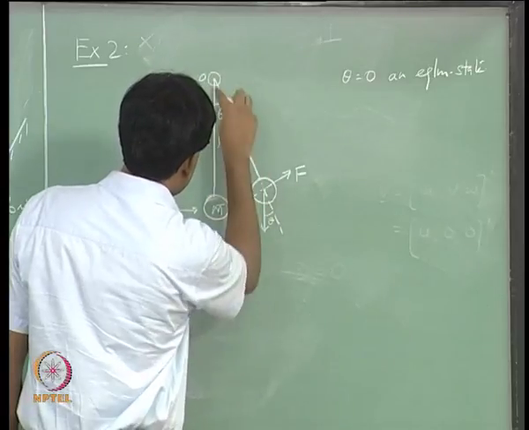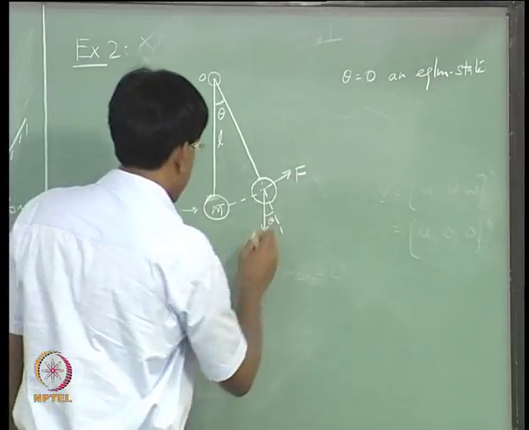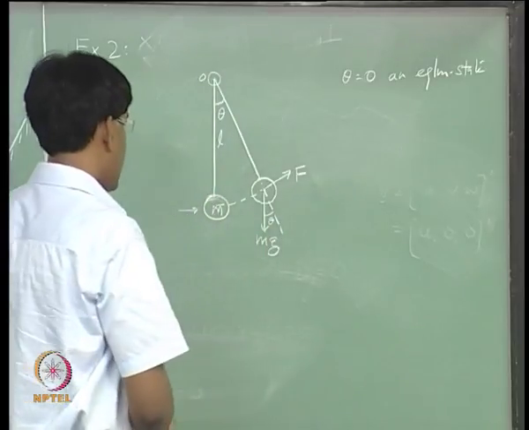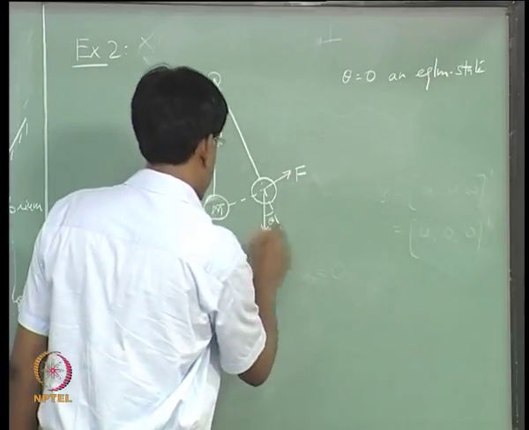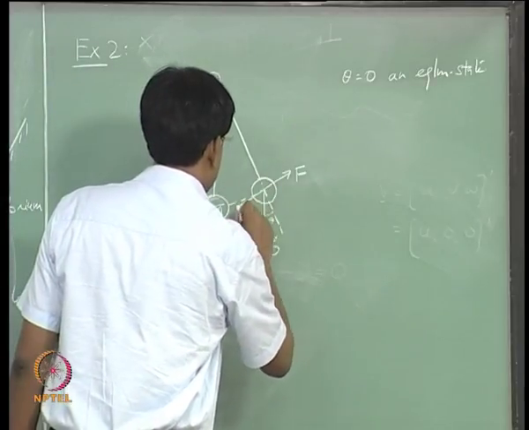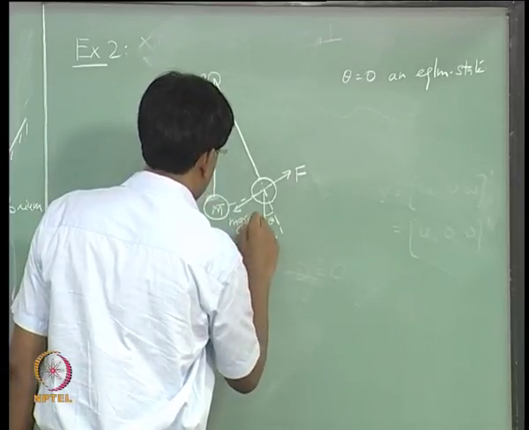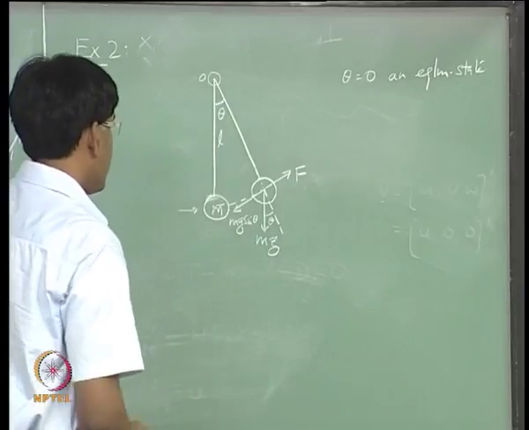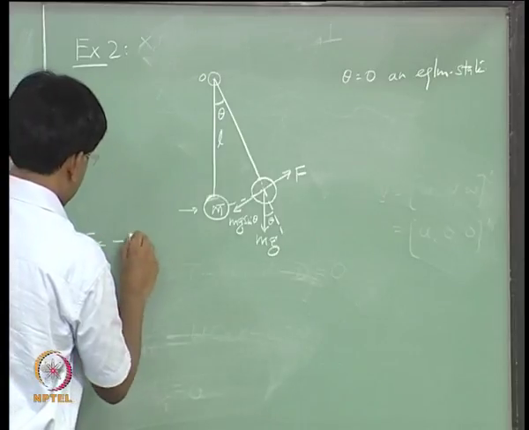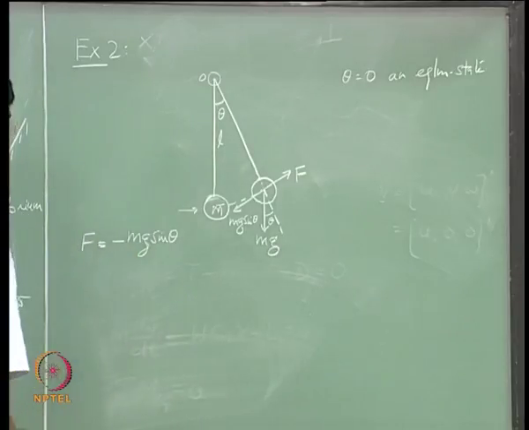Normal to this line is the path of this mass m representing its motion, and we want to write down the equation of motion for this motion of mass m. So, F is here minus of mg sin theta,